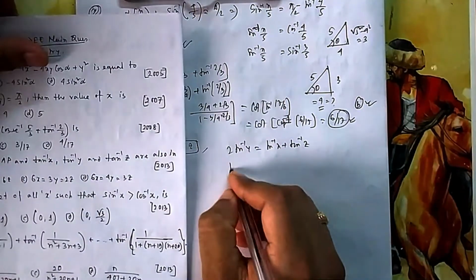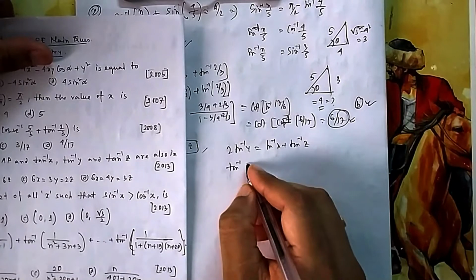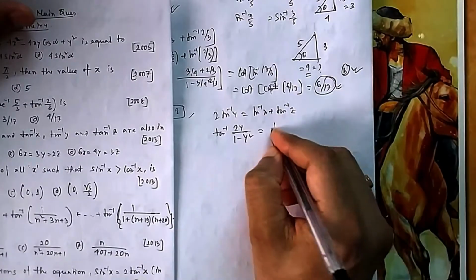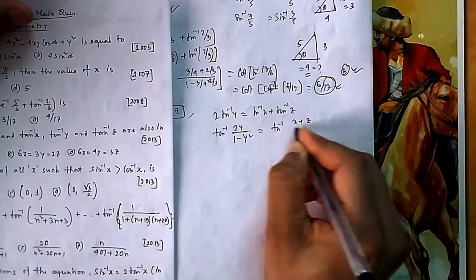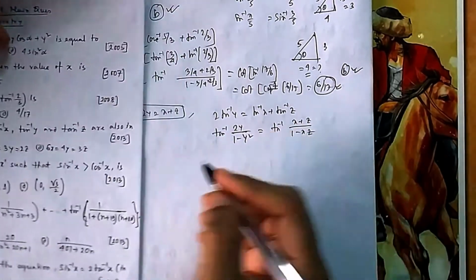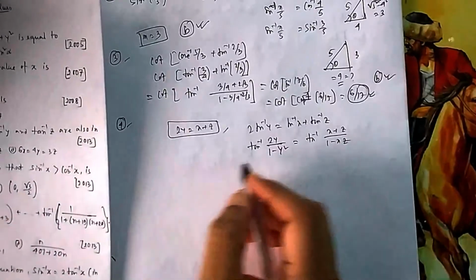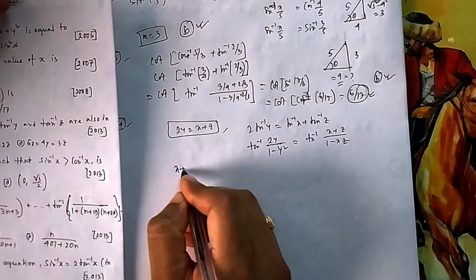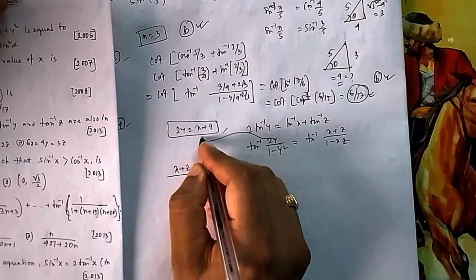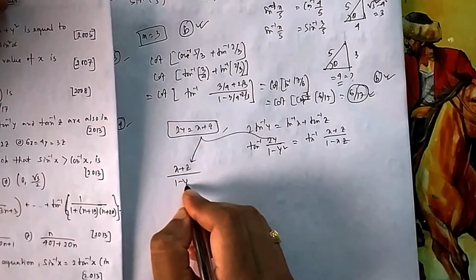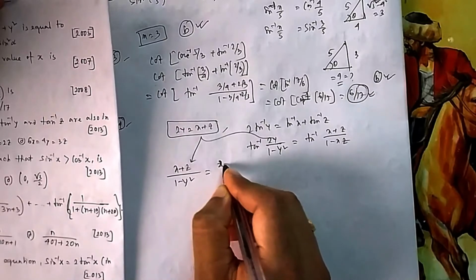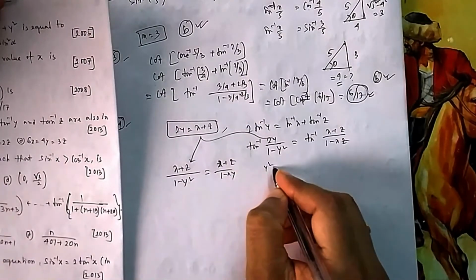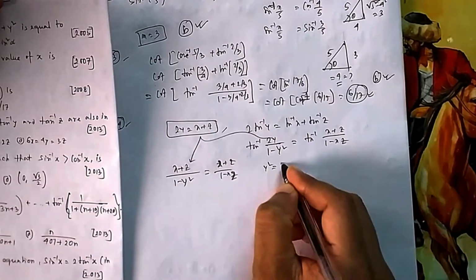Now here you can use the formula, tan 2 theta formula, 2 tan theta by 1 minus tan square theta, and this is tan A plus B by 1 minus AB. So tan inverse on both sides, I am cancelling it out. Actually I am not cancelling. So instead of 2y you can write x plus z, then x plus z also gets cancelled. So instead of this one I am writing this. So it becomes this, and again x plus z by 1 minus xz. So what you will get? Ultimately you will get y square equal to xz.